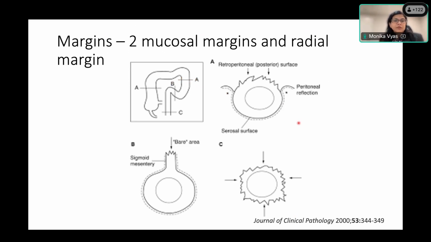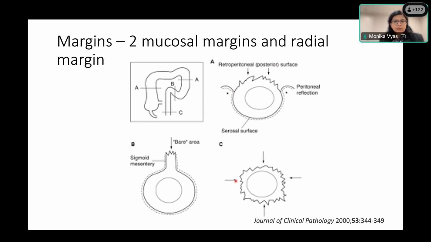Now, some parts of the GI tract are not invested by serosa completely, right? So on the right side, you have areas where the bowel is completely sitting on the retroperitoneal soft tissue without a layer of serosa. So that is where the surgeon will have to go around the soft tissue and cut it. So this would be a specimen that's partially invested by serosa. So it will have a serosal edge, and it will also have a radial or circumferential margin.